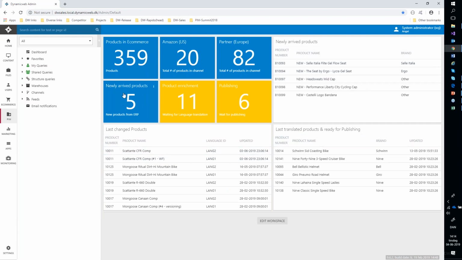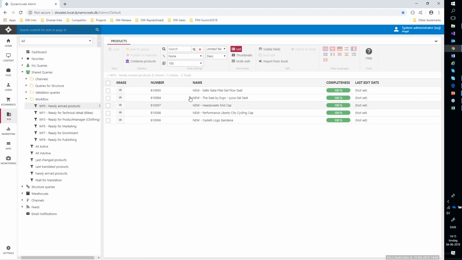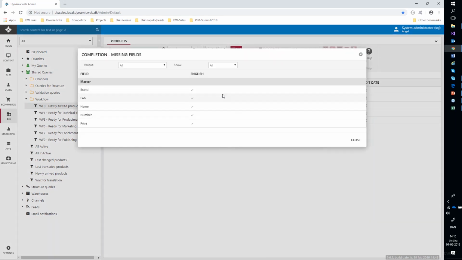Basically, if I want to see these 5 newly arrived products from the ERP system, I can just click on it and say, these are the 5 products that have come in from the ERP system, and wait for somebody to maintain, verify, and send them to the next activity steps. You can see the completeness indicators are all green. And that means, seen from the data arrived from the ERP system, they are complete and verified complete with this